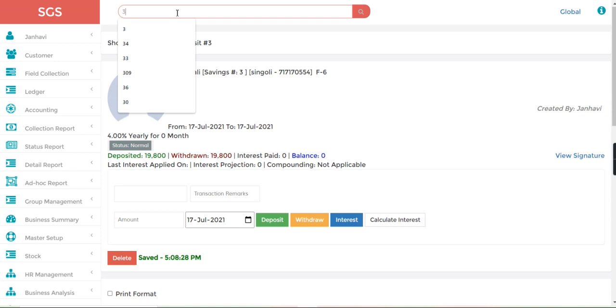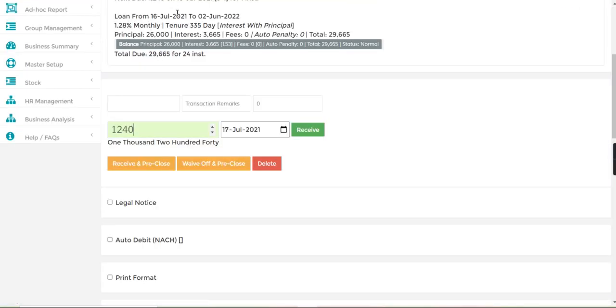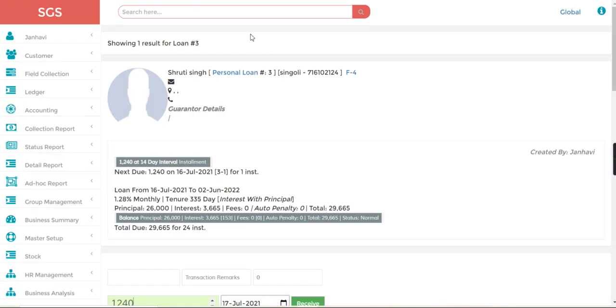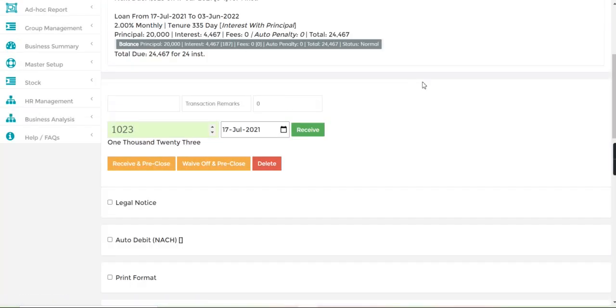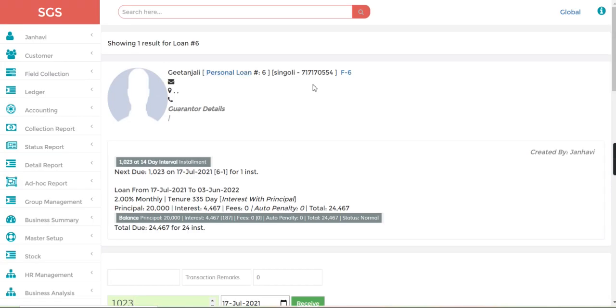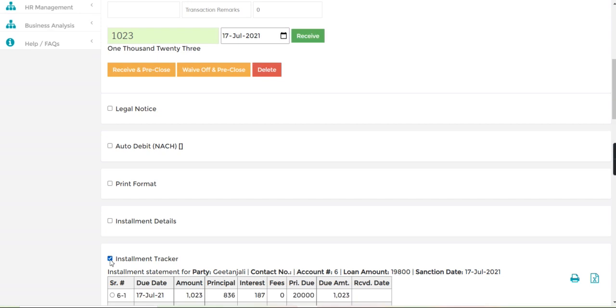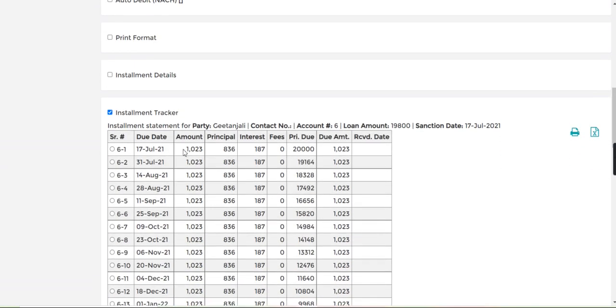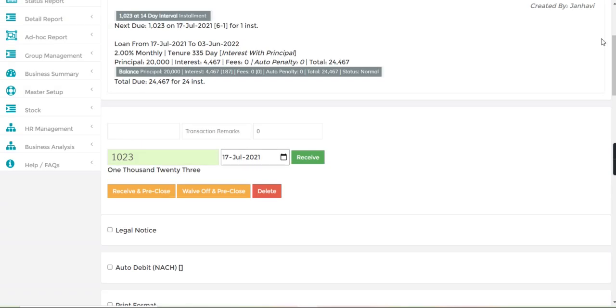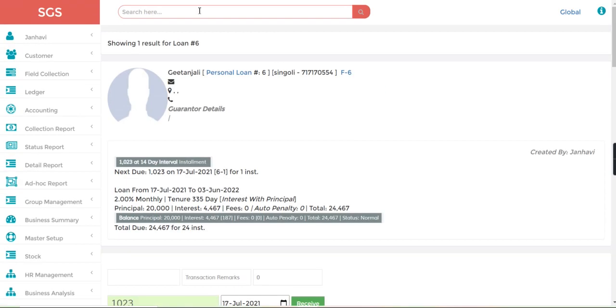Let's go and check the loan number 6. Here the loan is given to Gitanjali, and let's check the installment amount. Go to the installment tracker. So 1023 is the installment amount. So let's go to the